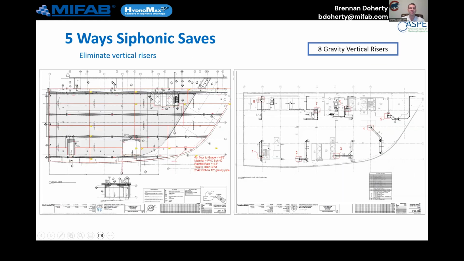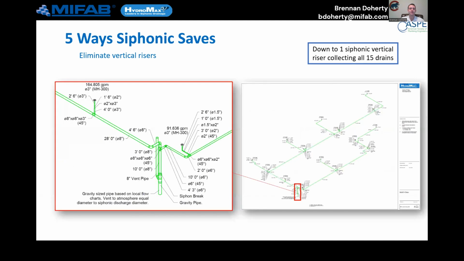But another real life example, hospital building using 15 roof drains going to 8 different gravity risers. So a very standard design. With siphonic, we kept these same 15 roof drain locations. Nothing was changed, but we were able to route everything to one vertical. And in this design, we only had 13 feet of siphonic pipe, at which point it reverted back to gravity